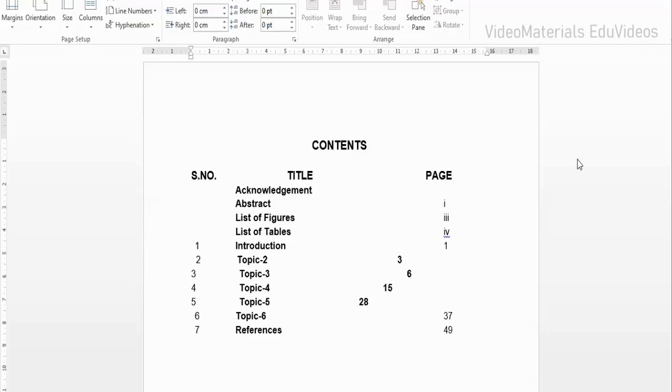In this video, I would like to discuss how to format the contents page in the technical seminar report documentation. I have a sample content. In general, we may place the heading as contents, or in bold fashion we can also represent index. Both are the same. So I keep the heading of this table of contents as contents,